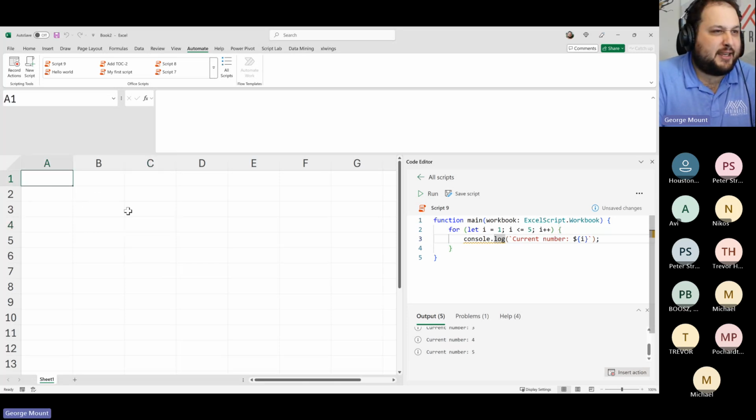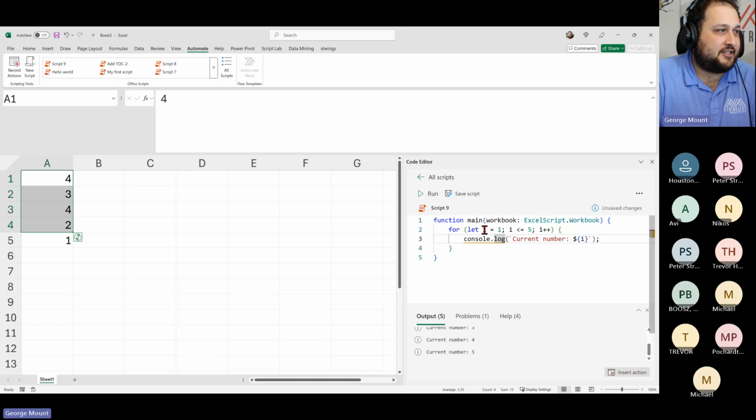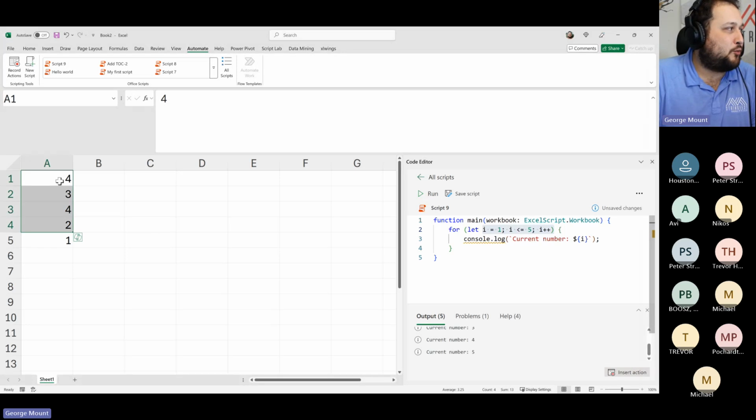Let's actually try something a little more realistic, although we're still in kind of playground mode right now. So I'm adding some numbers to the worksheet rather than just sticking them inside of the script here. So let's pull these numbers from A1 to A5, and then try to loop through. This is a very inefficient way of doing things. There's really no reason to use a loop to sum up these numbers, but just for the sake of practice, we'll try this out.